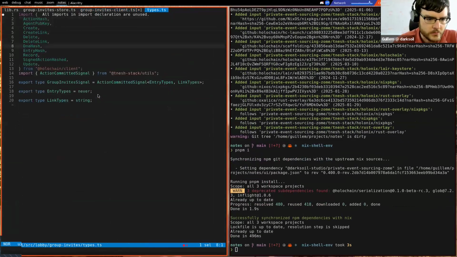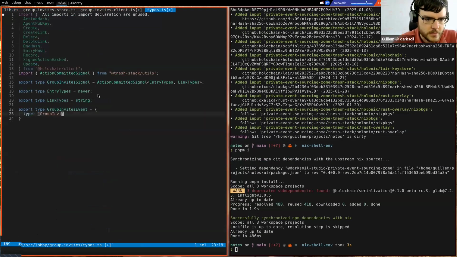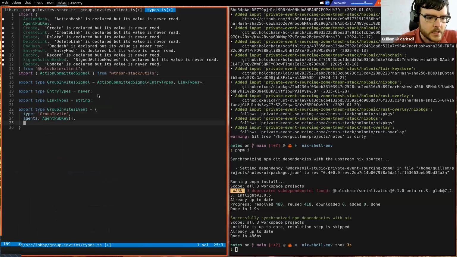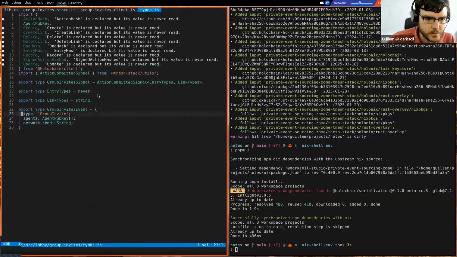We need to declare the types of events here. So export type GroupInvitesEvent, which is of type, what was it? GroupInvite. GroupInvite has agents, which is an array of agent public keys, and a network seed string. And actually, where is the name of the group going to exist? No, it's going to exist inside the group already, so that's fine. Okay, yeah, that's fine. So that's for GroupInvite, then we have